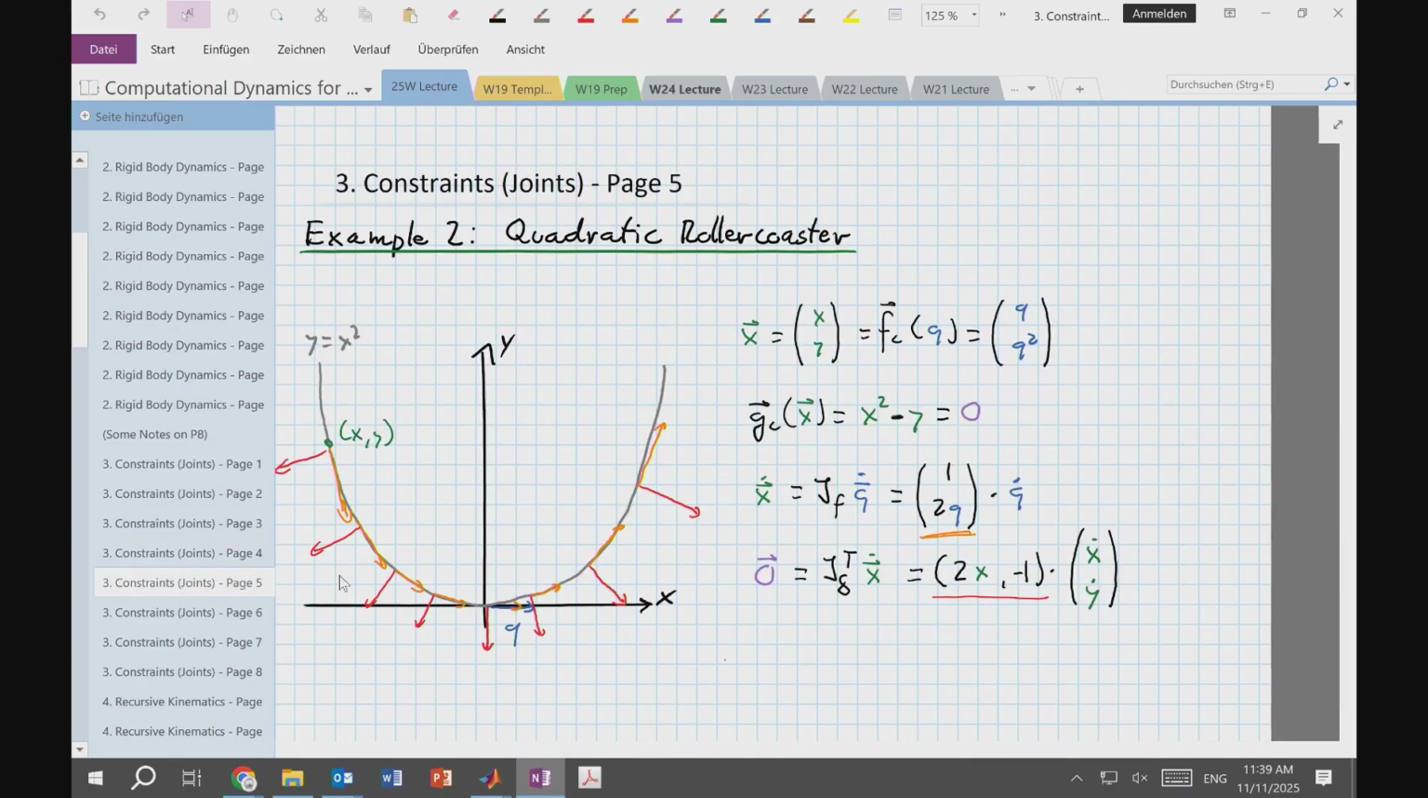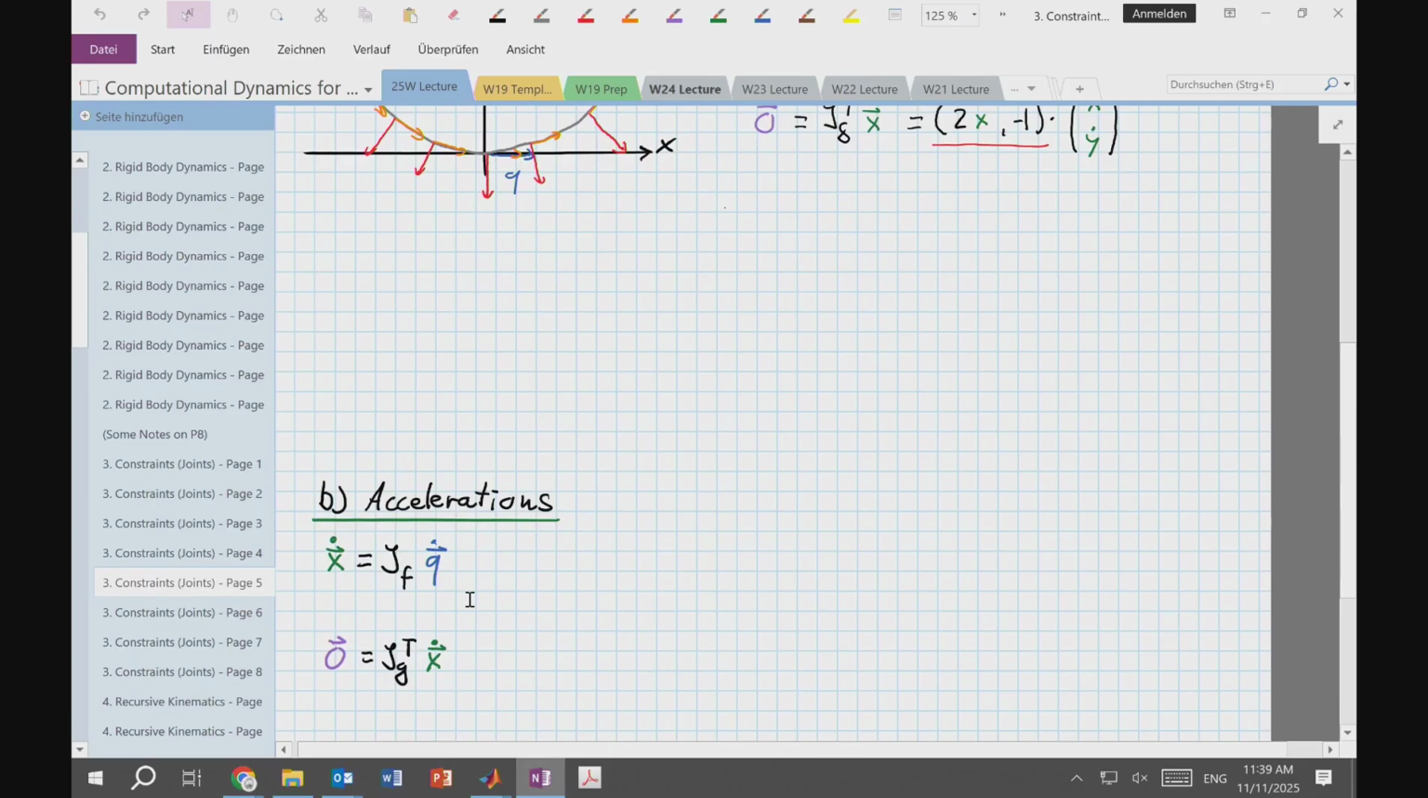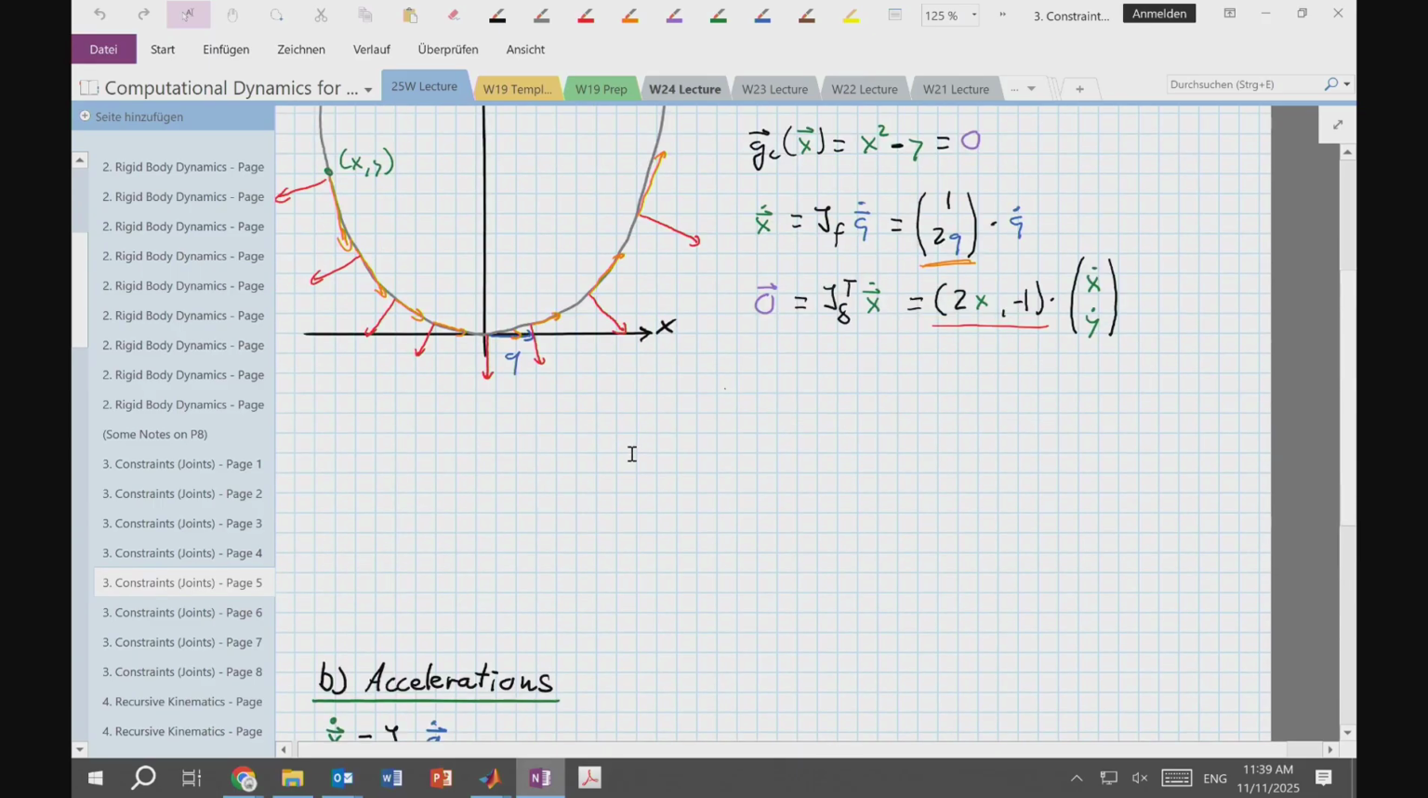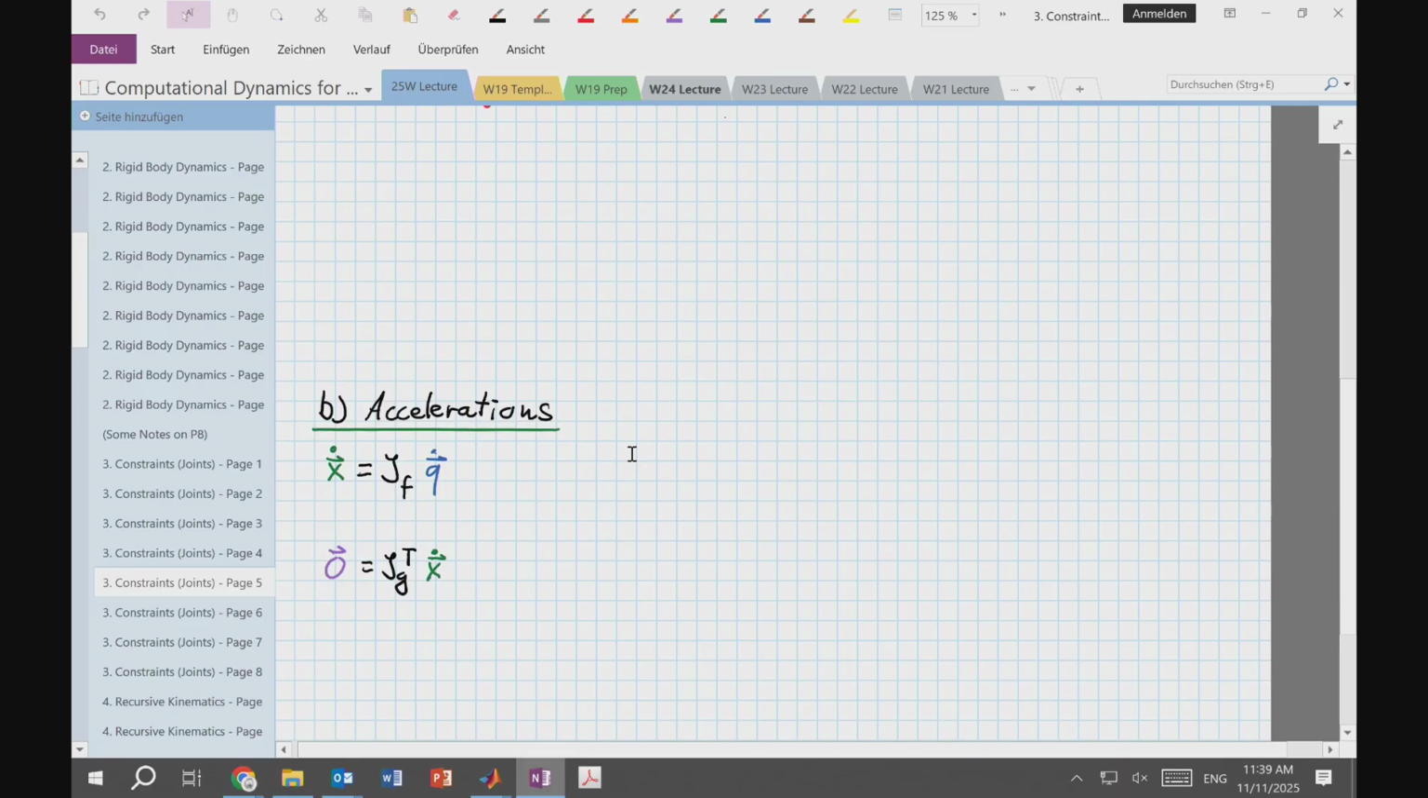I want to extend this to accelerations, and if you're not using the template, leave a little bit of space. But I want to now talk about accelerations. And we're going to do the same thing, simply take derivatives, and I start with explicit constraints, where my x double dots, so the acceleration in this x space, is given by, now we simply apply the product rule, so I get JF times Q double dot